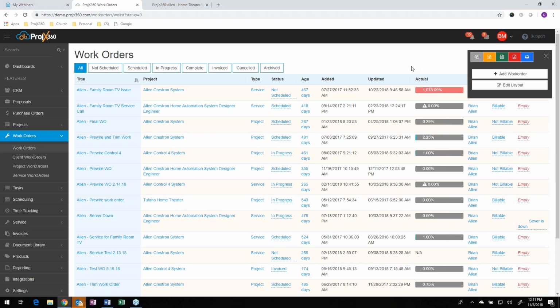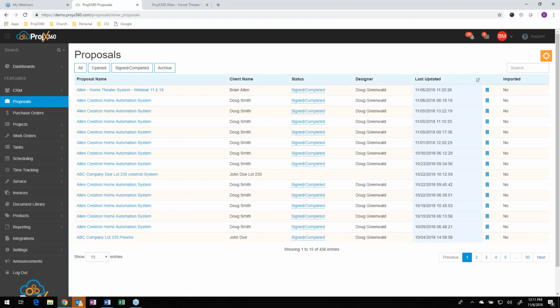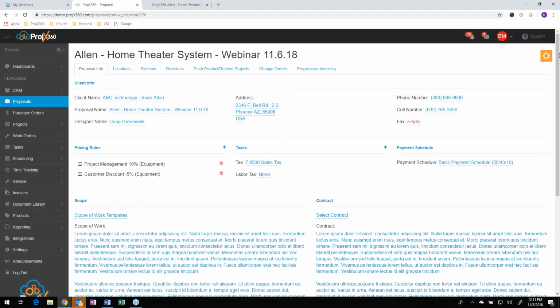They're asking if there's a way to permanently save your settings after you customize your proposals. No, there's not, because every proposal will have a different scope of work and different sections that you may want to toggle on or off. Well, no, that's not true, Amy. So yeah, when you do go to your proposal settings, when you set those up, so when you go to generate proposal